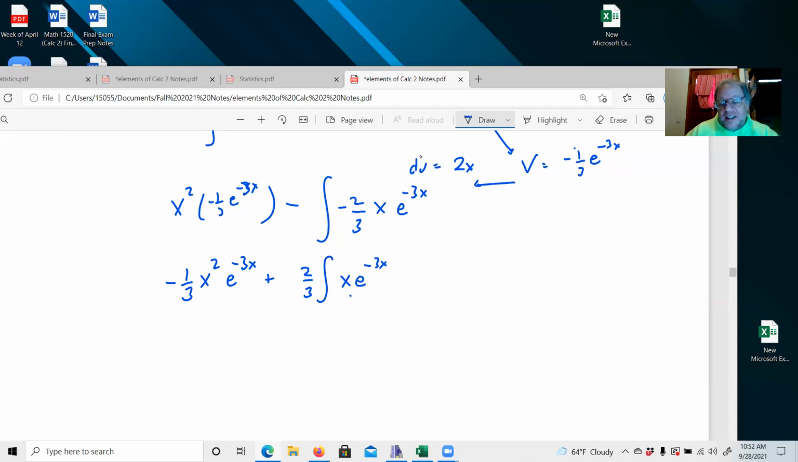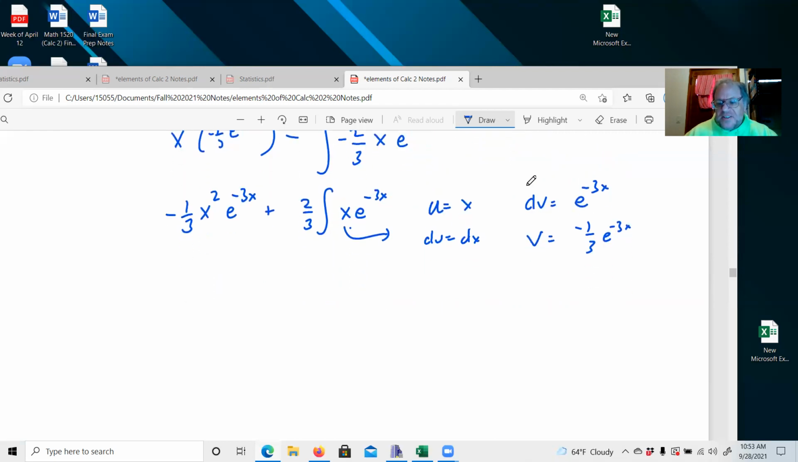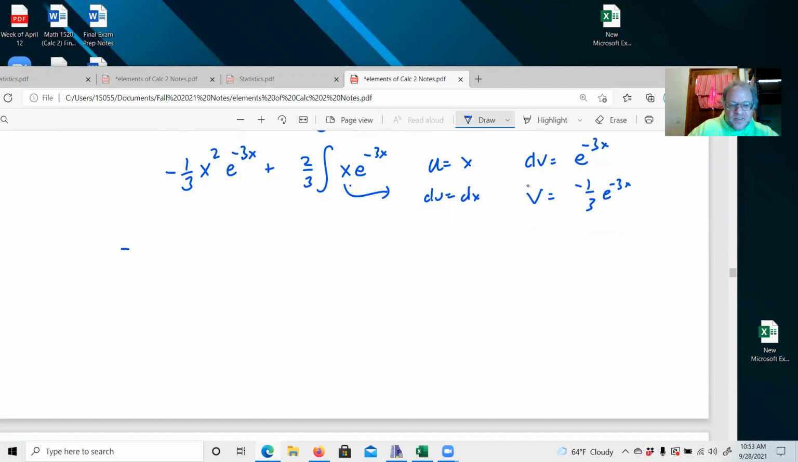Can you integrate this off the top of your head? No. So guess what we get to do? Integration by parts again. Okay, and so this is u equals x, du equals dx, dv equals e to the -3x, v equals, we just did this, -1/3 e to the -3x. Okay, so next part is we still have this -1/3 x squared e to the -3x plus, and here we have 2/3. Okay, and we have to integrate this part, so 2/3 times